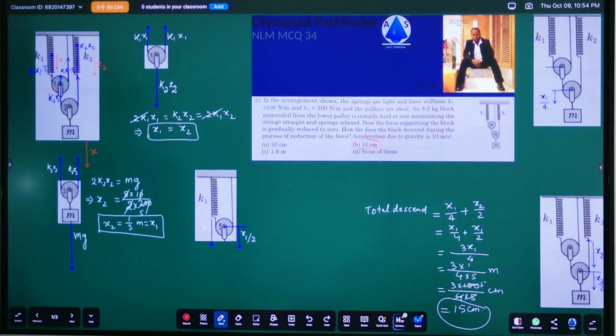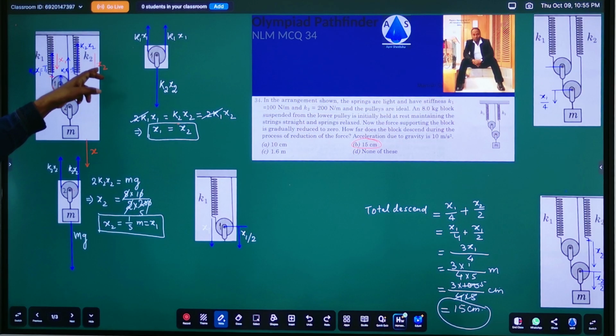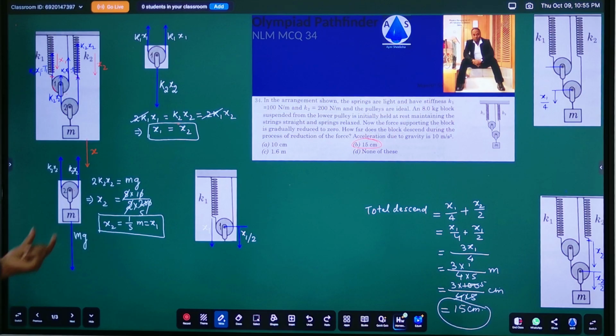ठीक है, अब मैंने नंबर 2 पुली का फ्री बॉडी डायग्राम बनाया। तो नंबर 2 पुली पे कौन कौन सा फोर्स लग रहा है, नंबर 2 थ्रेड का टेंशन फोर्स यहाँ लग रहा है, नंबर 2 थ्रेड का टेंशन फोर्स यहाँ लग रहा है। तो नंबर 2 थ्रेड में कौन सा टेंशन फोर्स है, k2 x2 है, क्योंकि इस स्प्रिंग से अटैच्ड है। स्प्रिंग में x2 का इलोंगेशन हुआ है, तो k2 x2 स्प्रिंग फोर्स लगा रहा है, वही टेंशन आपके स्ट्रिंग में जनरेट हुआ है। तो k2 x2 ऊपर की ओर लगा इस एंड पे, k2 x2 इस एंड पे ऊपर की ओर लगा, और यहाँ पे नीचे की ओर इस सिस्टम पे कौन सा फोर्स लग रहा है, मास इनटू ग्रेविटेशनल एक्सेलरेशन, दैट इज वेट ऑफ दिस मास mg।